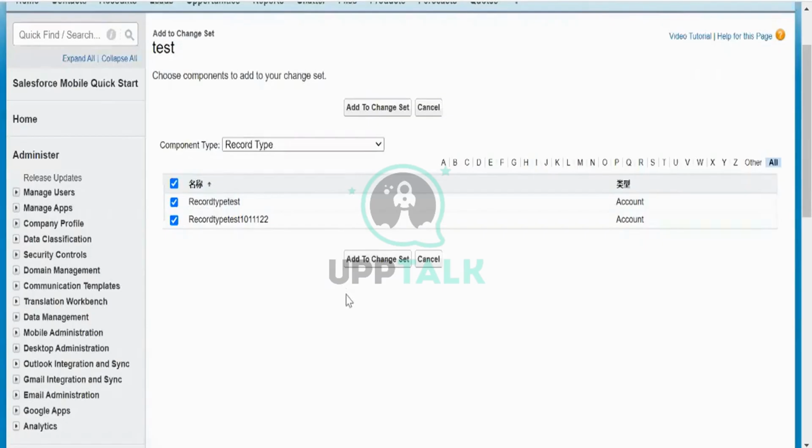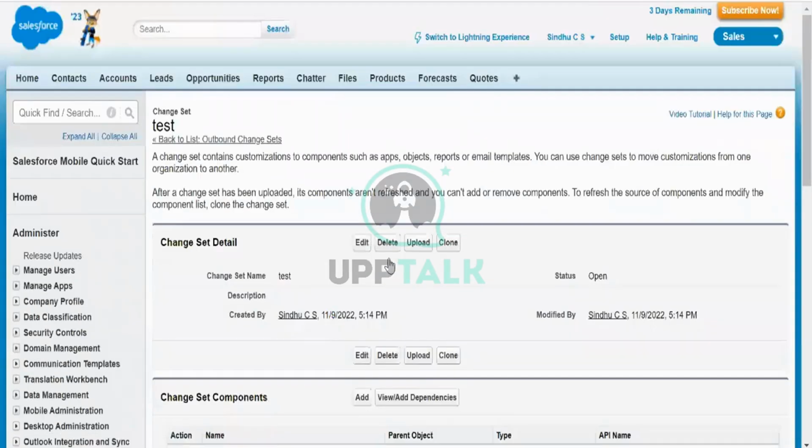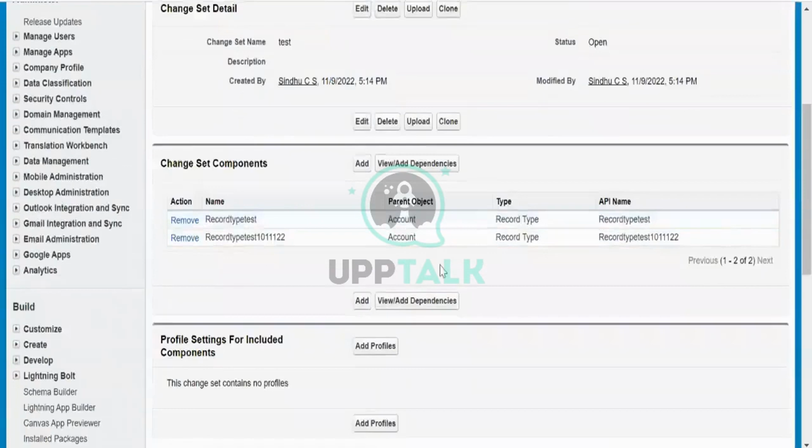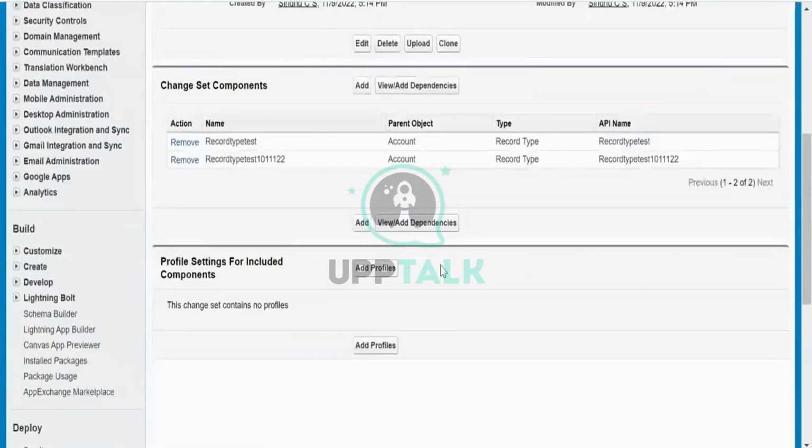Add to change set. Add to change set. Now what happened? That will be added here. If you are having any dependencies on this, then again you need to understand and view all the things that you have changed, where you have changed. Add profile. If you are adding profiles too,